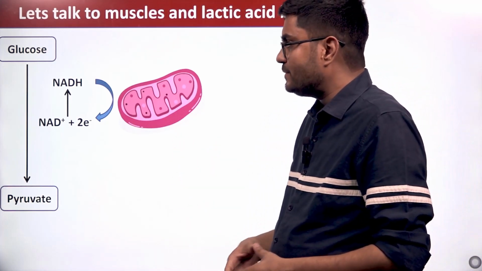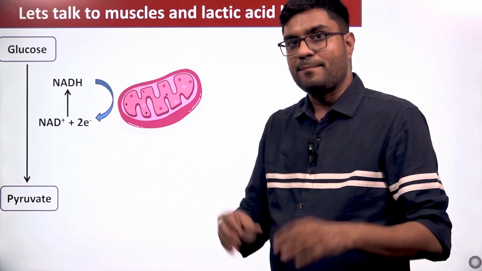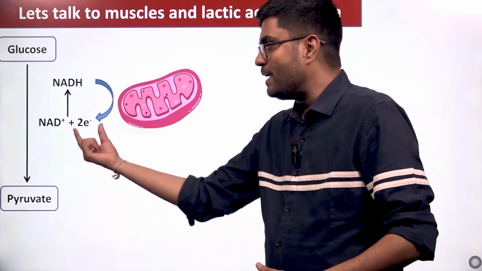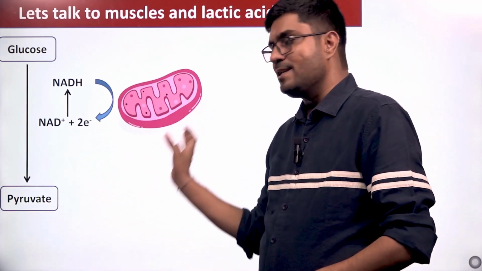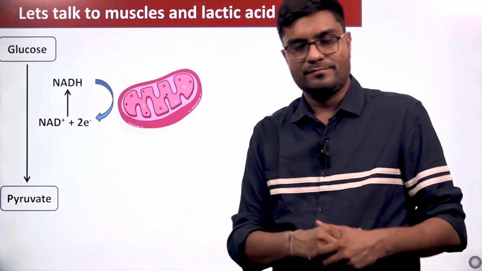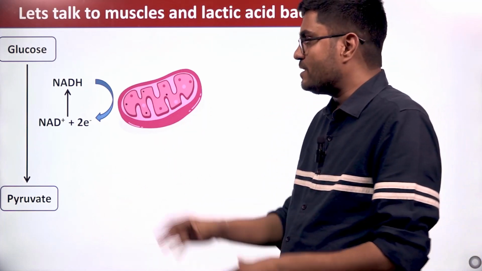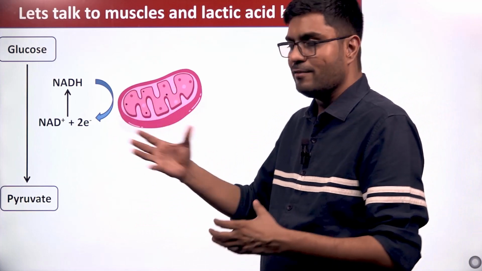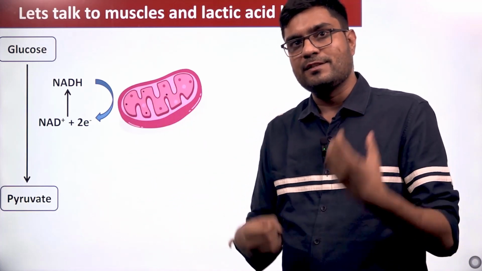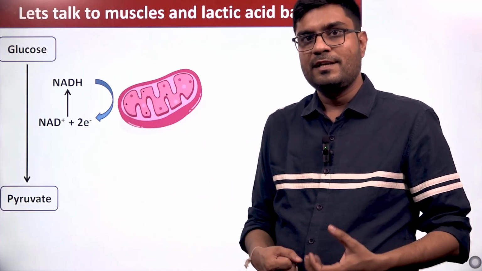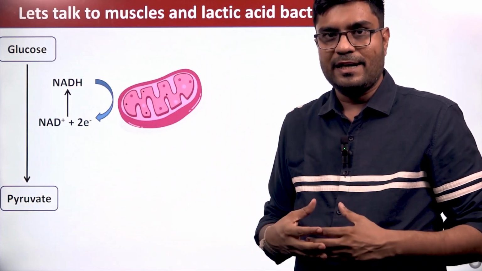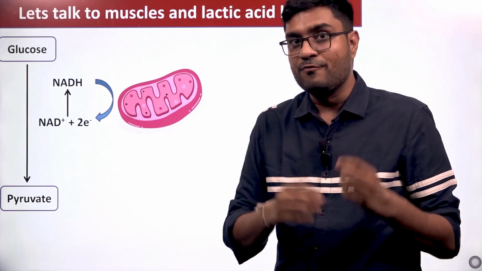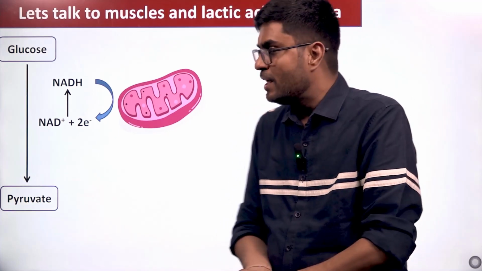So what will happen? NAD plus, which is present in the cells, will convert into NADH, but its supply will be stopped because this recycling center is not working. Now if the supply is stopped, the system has to prevent the slowdown of glycolysis. The system has to run the glycolysis smoothly because exercise is going on and energy is continuously required. So the system has evolved a very interesting method